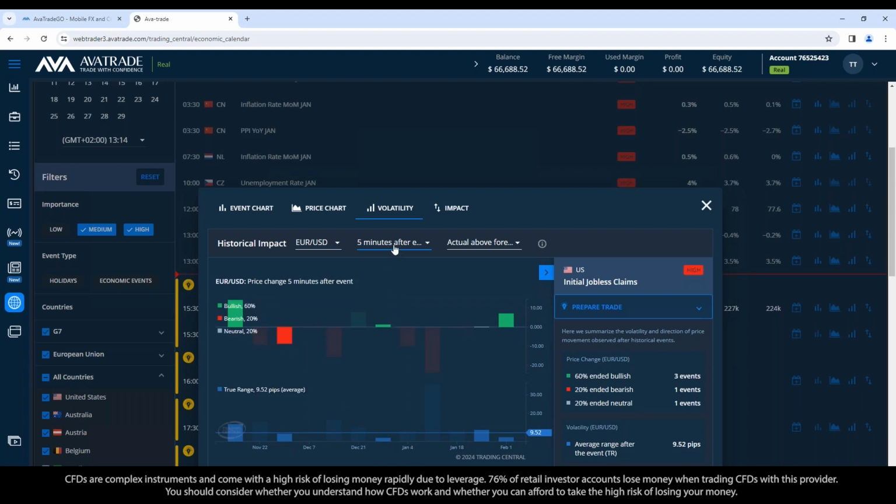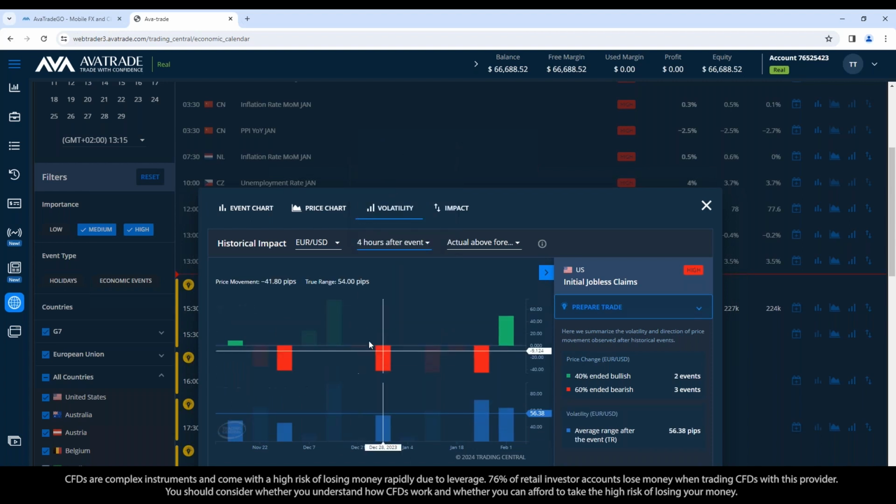So then if you had sold each time, you see after 4 hours, you're in the profit actually on 4 of them. Because this one was up even higher in the first 5 minutes and then pulled back. And all of these were way up here in the first 5 minutes and then dropped 40 to 50 pips. Okay, only once would you have lost. So that's why I like this setup for if it comes in above forecast,